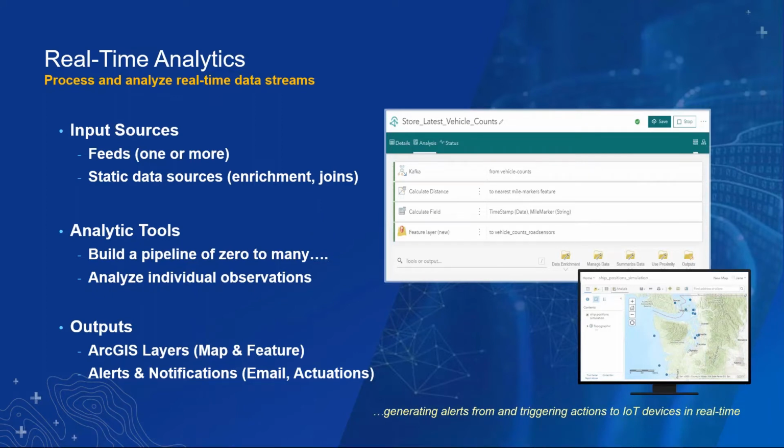You can combine different tools together into a workflow, step by step, to ask any number of questions, and then you can associate different output behavior with each one. So in some cases, you might store data, as Matt was showing, with the deviations to the optimized routes. But in other cases, you might send alerts or send a command to a third-party system. Overall, real-time analytics are useful when your decision timeline is operational, when you need to know about something and take action immediately.